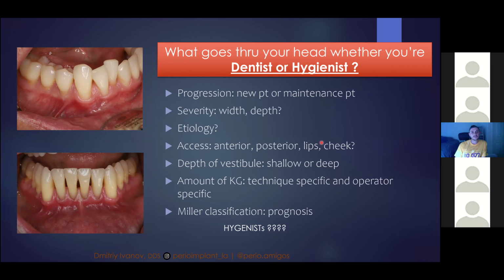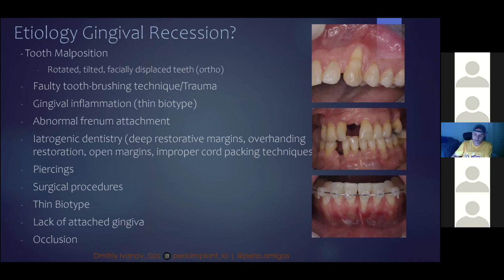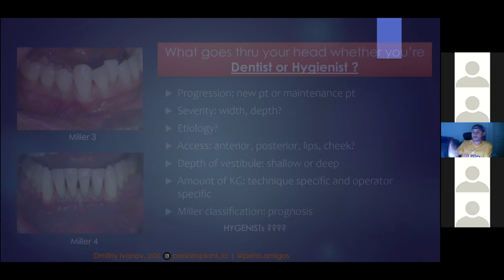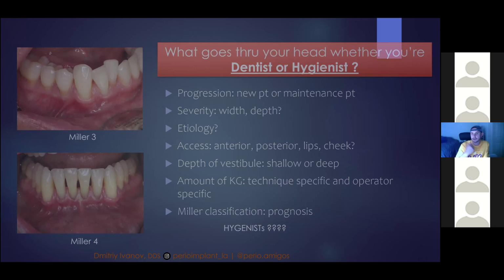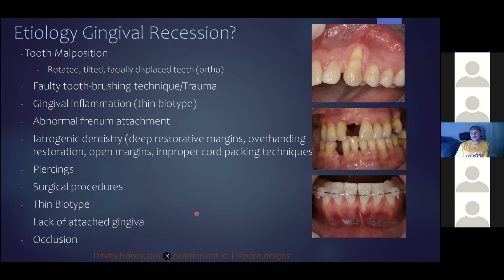Miller 3 is when you have interproximal bone or tissue loss. And Miller 4 is obviously severe interproximal bone loss or tissue loss, as you can see here. In Miller 3, you can anticipate some partial root coverage, and in the Miller 4 defect, you cannot anticipate any root coverage at all whatsoever, right? So don't promise the patient that you're going to